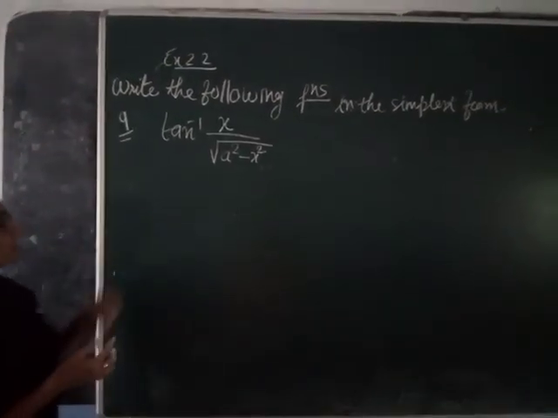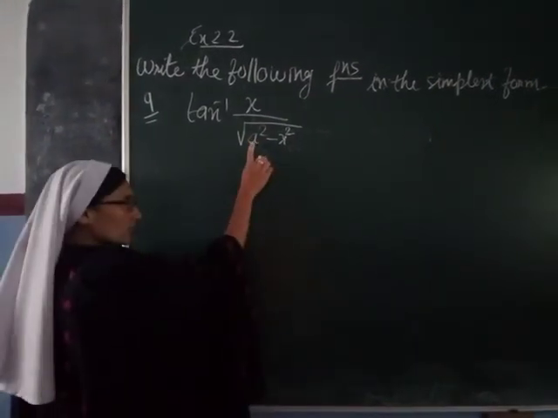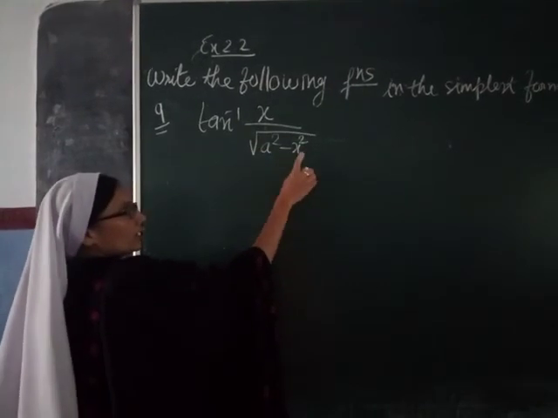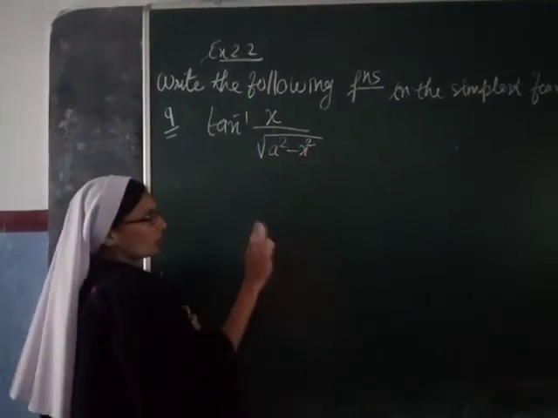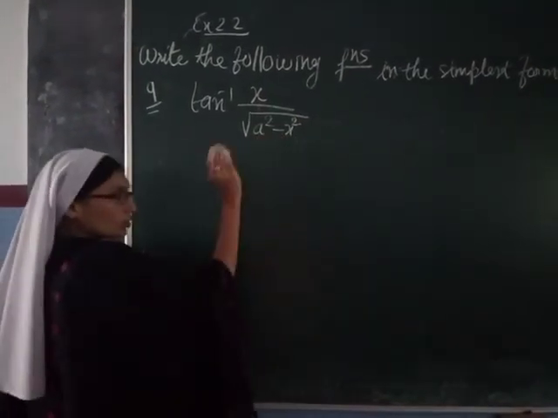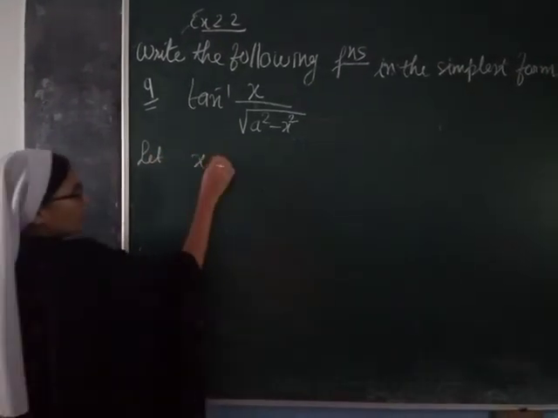Question number 9. Tan inverse of x by square root of a square minus x square. Now here you see it is a square minus x square. I told you before that if it is like this form, 1 minus x square, then you take x equal to sine or cos. I will take sine. And if it is a here, a also has to come out. So I will take, let x is equal to a